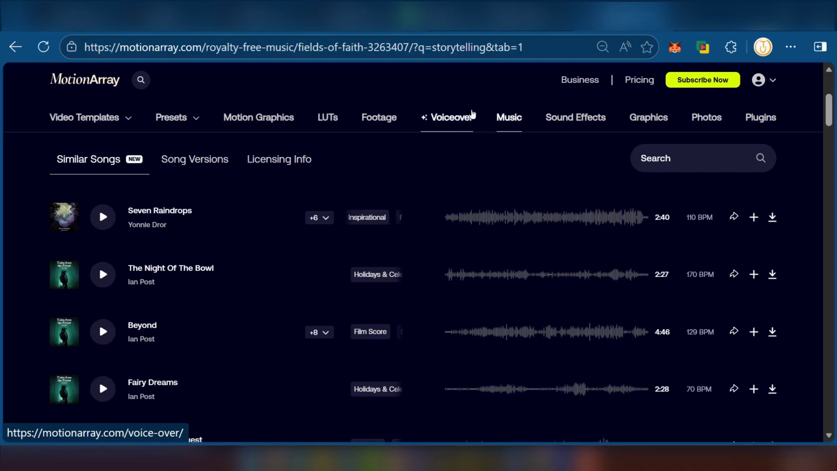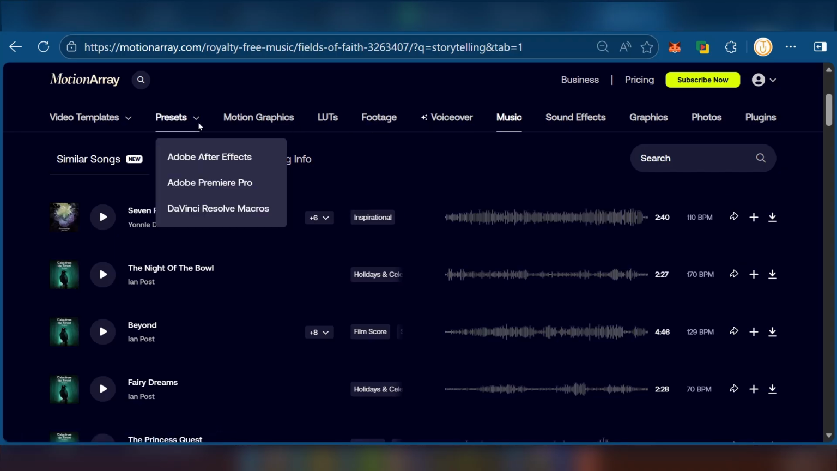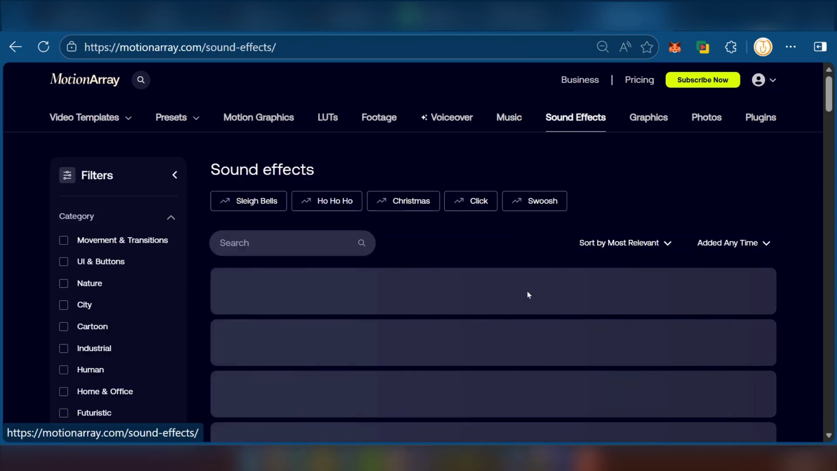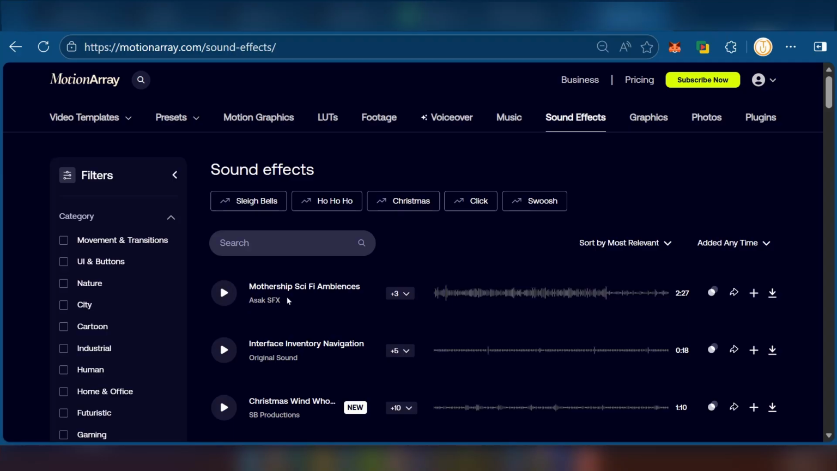Then of course the same principles apply to what we said about the photos and music. You just simply need to go over to the tab that has what you're looking for. If you're looking for sound effects, click on sound effects, then you can click on the play button to have a preview. So whether you're looking for motion graphics, footage, music, sound effects and graphics, or others that are available here on Motion Array,